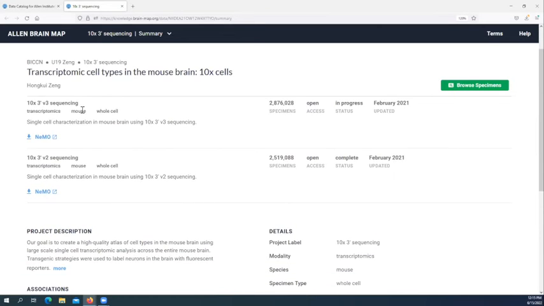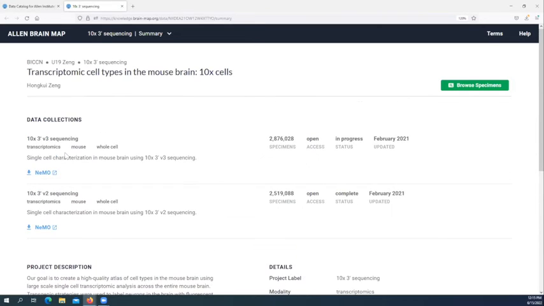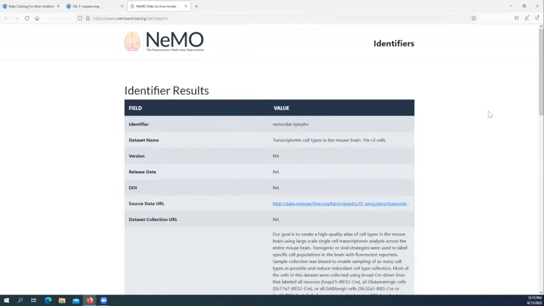So from here, what you see at the top first is that you have links to the data collections. And so we have here a data collection of 10x V3 data, and a collection of 10x V2 data. You might want to analyze them somewhat separately because they were generated by different techniques. If I clicked on one of those NEMO download buttons, it would take you to a landing page for that